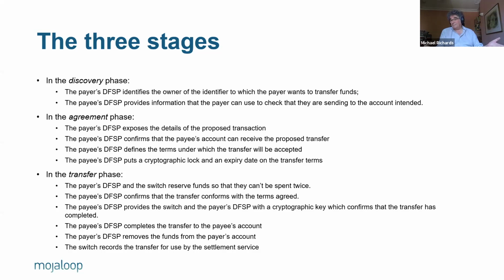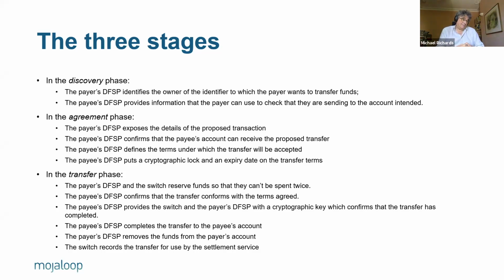It can decide not to go ahead with the transfer, or alternatively, the customer may decide not to go ahead with the transfer if they don't like the fees or the exchange rate, if foreign exchange is involved. They can reject it, but what they can't do is say, I think I'll change those terms. The payee is the person who sets the terms.